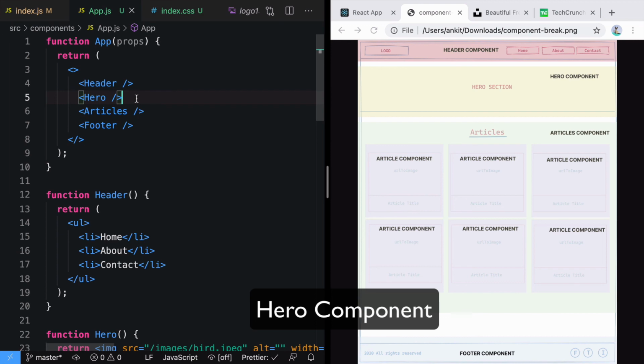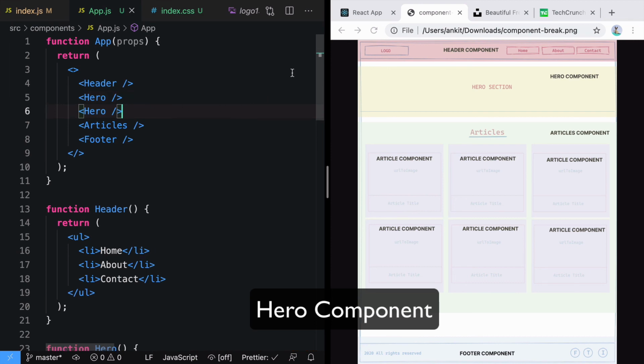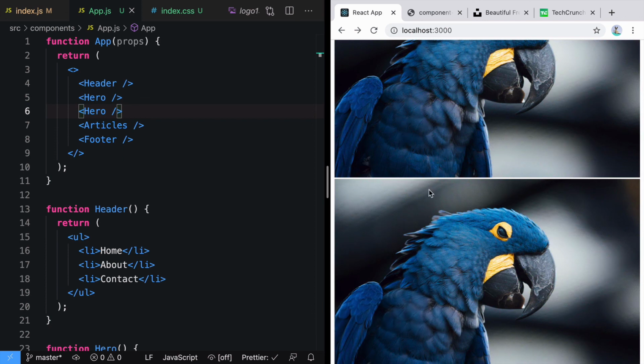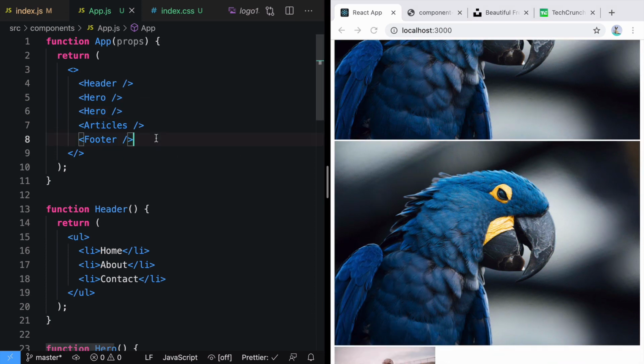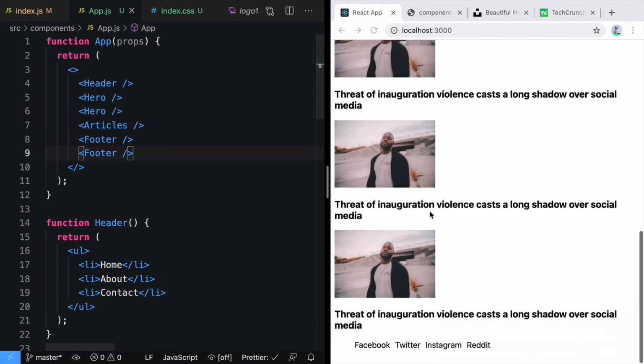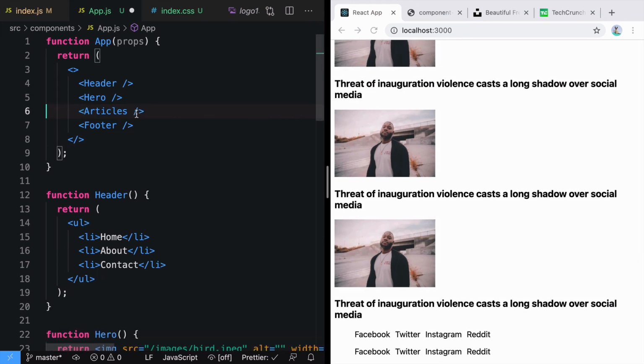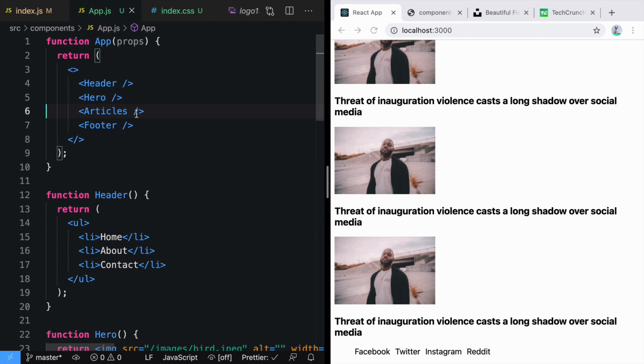What if I want to call this header component 2 times? You just have to copy and paste it, and what you will see is that now the hero section is coming 2 times. What if you want footer to come 2 times? What if you want footer to come 2 times with different data? These are the composition models that you get when you start using React. You use the same structure with different information. You don't have to repeat yourself, and that is the magic of React. So we learned how you can compose small components to create a huge app.